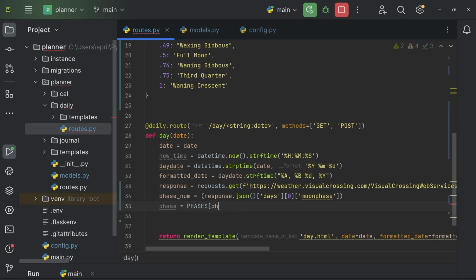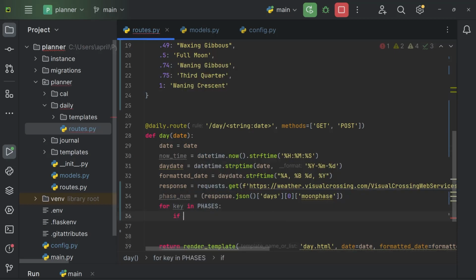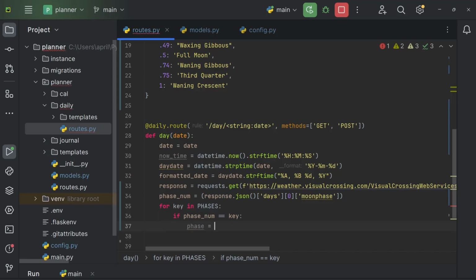Okay, so for key in phases, if phase num equals key, phase is equal to, is it key dot value? I don't think that's right. If I say phase equals key, that's going to set the phase equal to the key. So what if I do for key, value in phases, phase equals value? I think that'll work. So if the phase num is equal to the key,